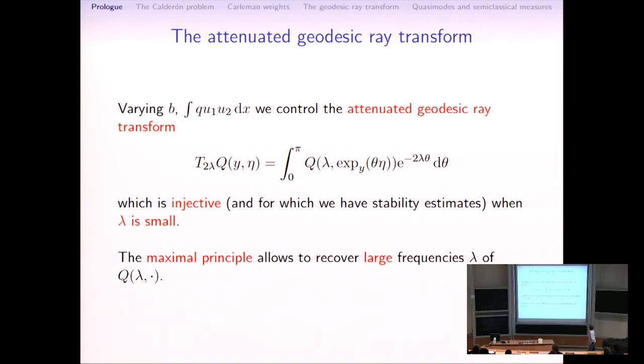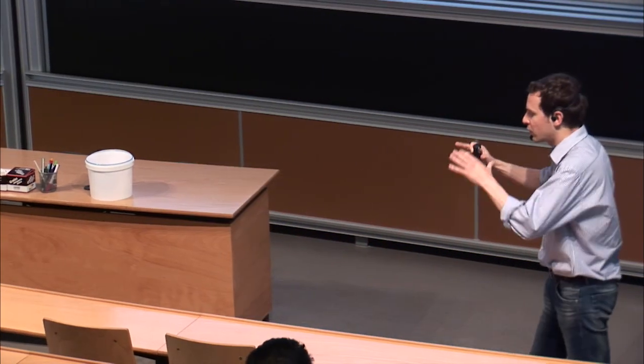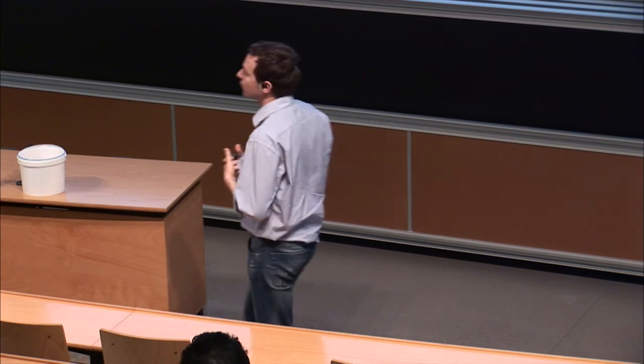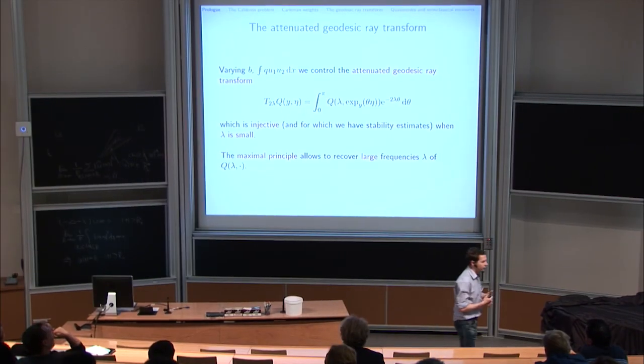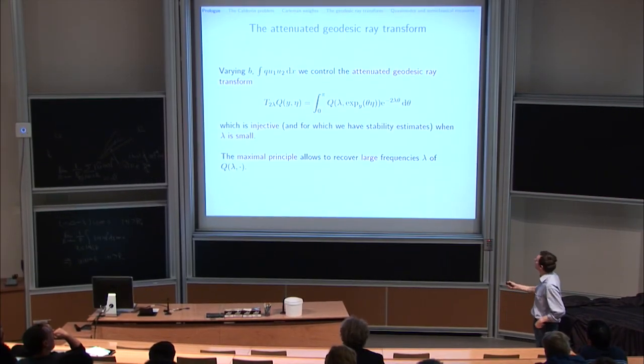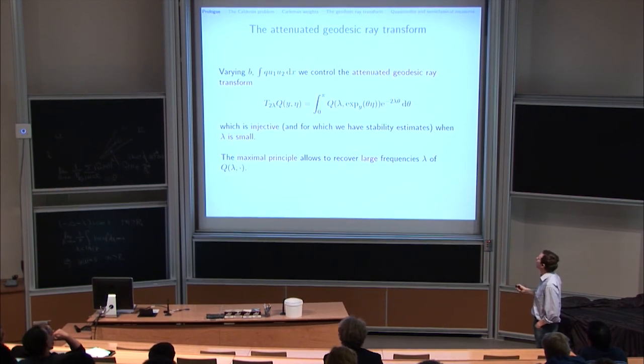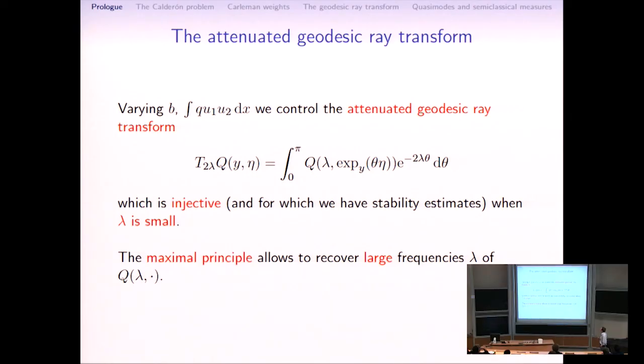With the result I was saying, because you're working on a cap which is strictly smaller than the hemisphere, you know this transform to be injective, so you can actually recover the function q. And this is known when you have an attenuation which is small. That means you have information on the Fourier transform of this function q when lambda is small. And then by standard unique continuation techniques, you can get information on the potential. So this is a sketch